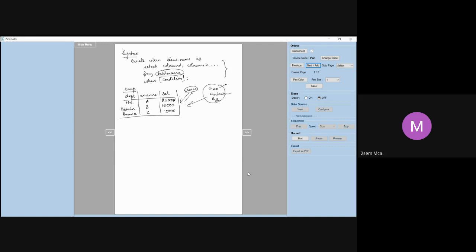So I will create a view from this table. Let us say I will say create view, with the view name VHR, that means a view on the HR department. As per our syntax, AS. Now, select. I will select everything: department, e-name, salary. Where